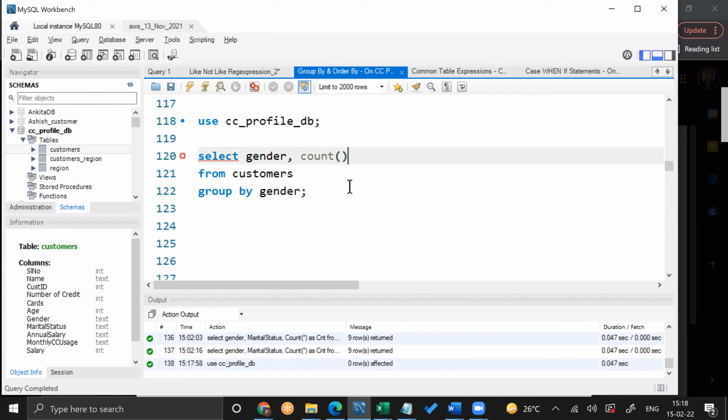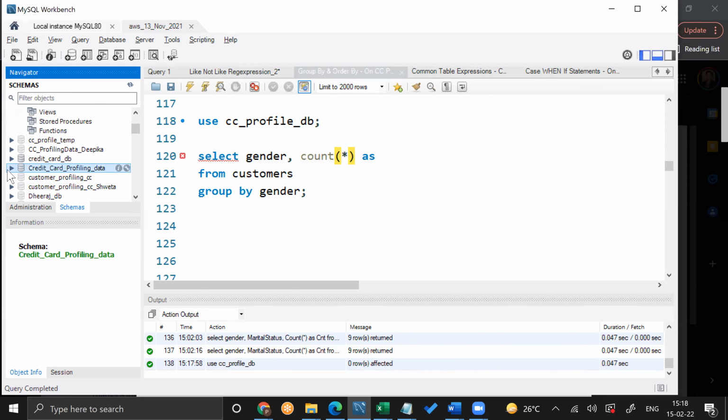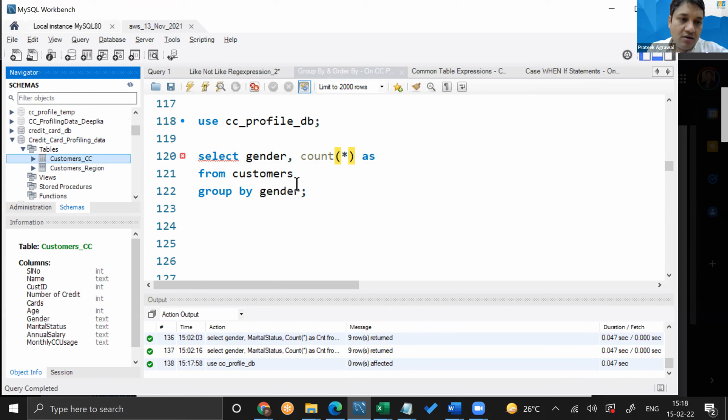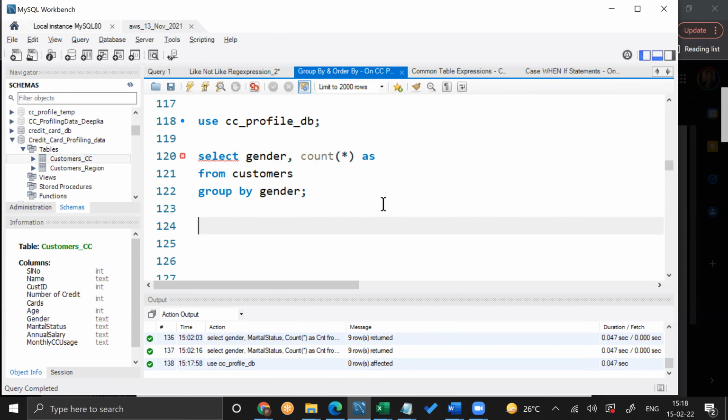I was using the credit_card_profiling data. I set the count on it, but yes, I was getting female as 28 in that particular data.